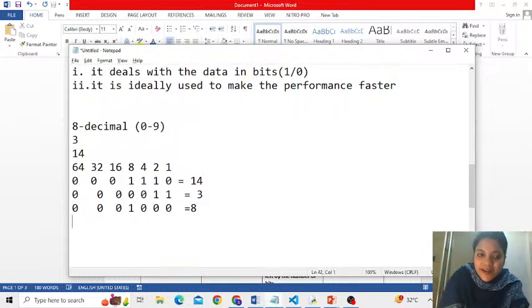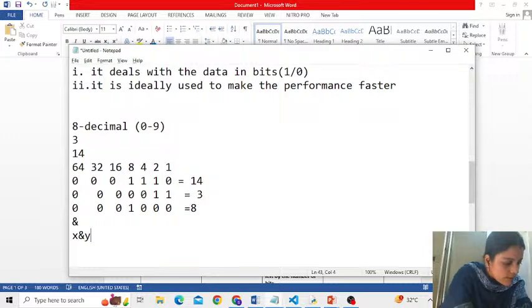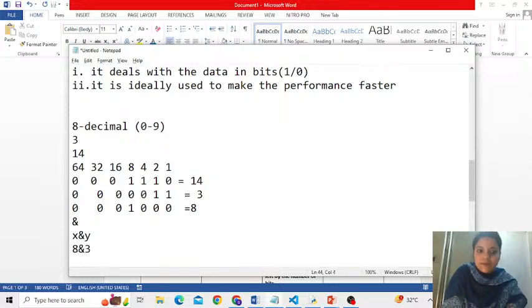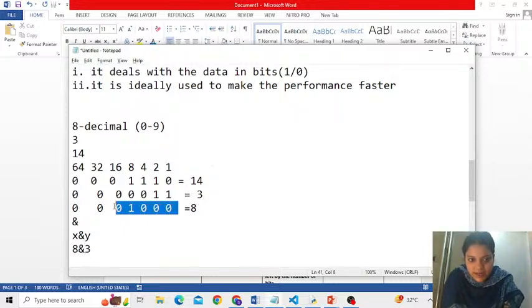Fine. Now the first binary operator, people, is nothing but AND. This is the syntax: X and Y, where X and Y are going to be the two operands. Suppose I want to find 8 and 3.